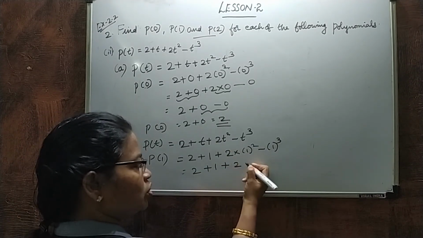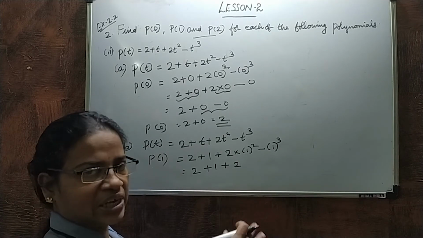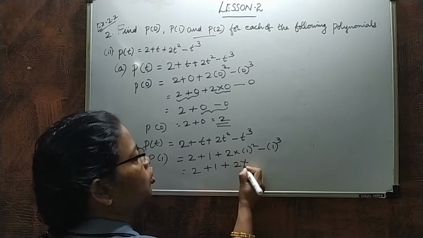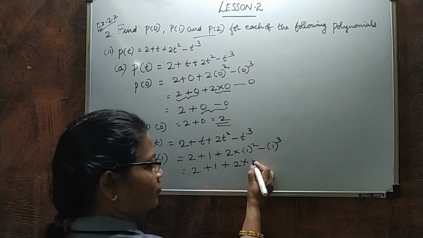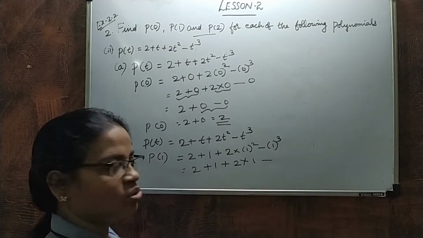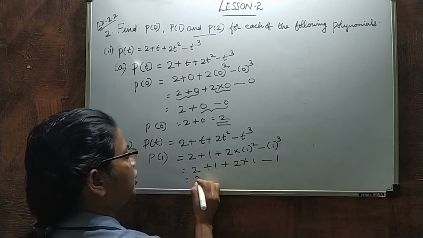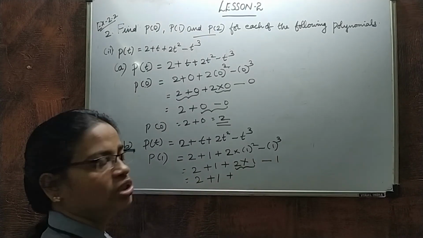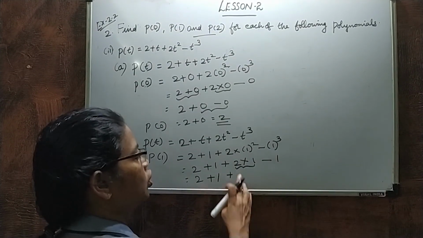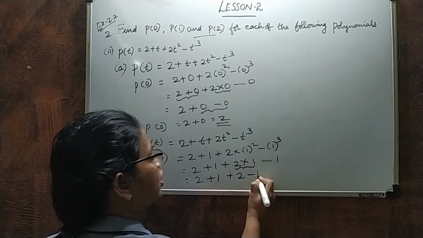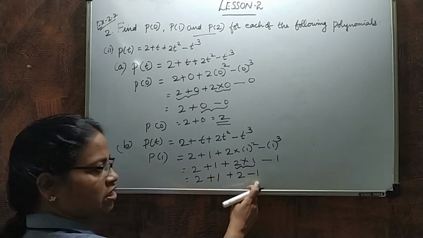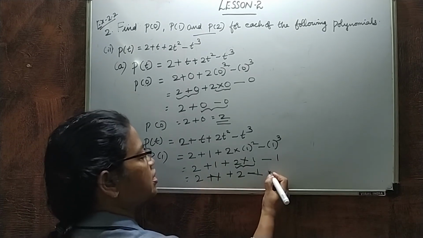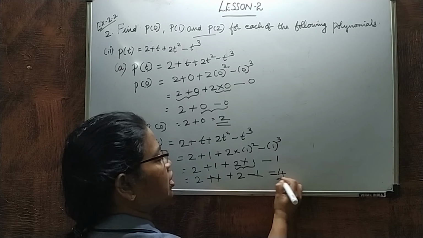If you doubt, first just write the step itself. Then next you have to do the solving and all. So 2 into 1 square means 1 into 1, minus 1 cube means 1. Here it is 2 plus 1 plus, here it is 2 into, first you do the multiplication, then only addition. 2 into 1 is 2 minus 1. Here plus 1 is there, minus 1 is there, you can just cancel. Okay, what is the next answer then? 2 plus 2, you will get the answer 4.